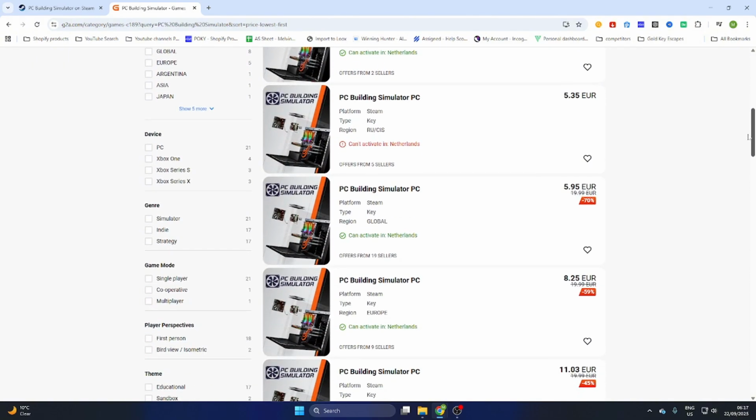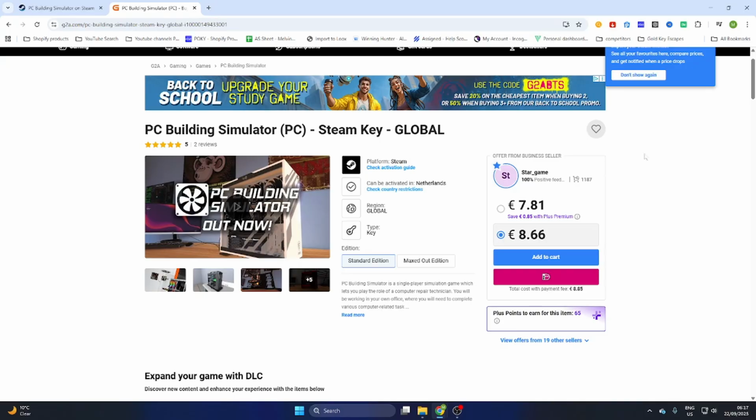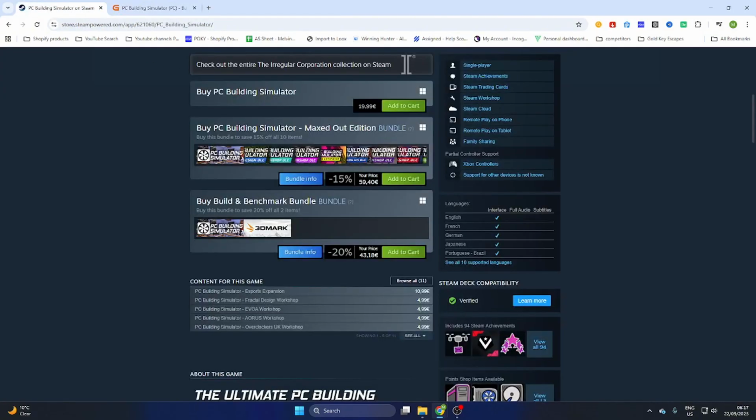But for now I will select the Steam version, and as you can see, this is the PC version which can be activated in our country, so I will select this version. After that you will be opening the game page, and if I scroll a little bit down, then you will find out that we can already download this game for just €7.81 compared to the Steam price of